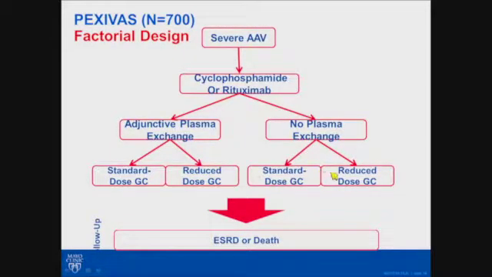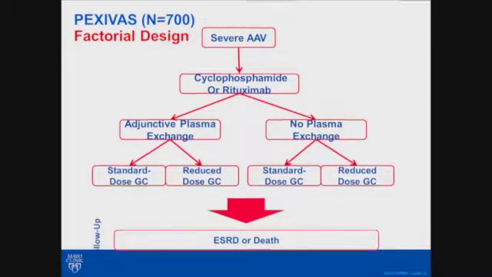And we did the same randomization for the patients who received no plasma exchange. And then the primary outcome was survival or survival of the kidney. So the patient could, how many deaths or how many patients on dialysis is what was counted as the combined outcome of this trial. Because remember, that was the primary outcome of the first study that showed an advantage for